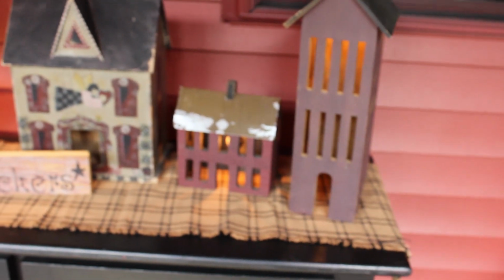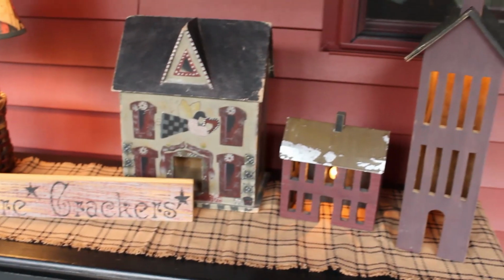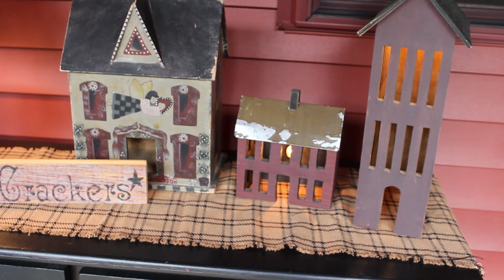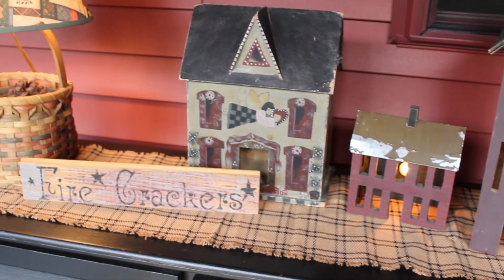And I have this cabinet with some little houses. There's a couple of them that are lit up. You can see it's pretty old. The paint's chipping off of it. I'm sure being on the porch is not a help to it, but I don't mind that it looks old and worn. Then we have a little birdhouse